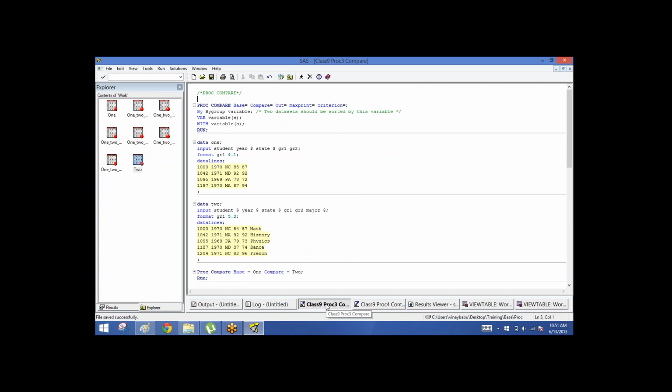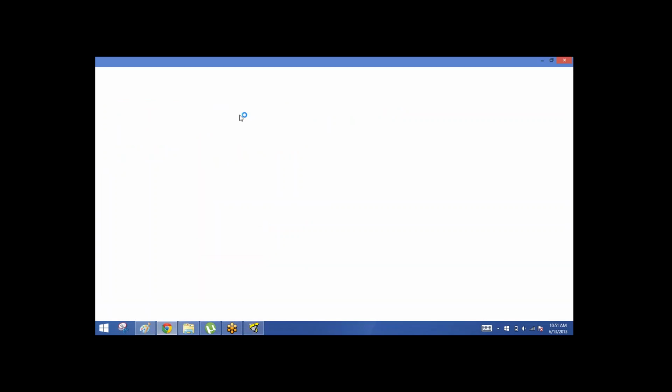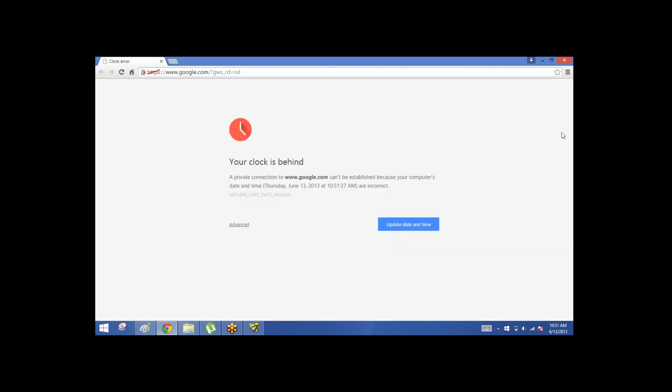Guys, don't think that what I am saying in the class is enough for you, or that it is all there is with any procedure I'm explaining. For any procedure, there will be a lot of options. Each and every option cannot be explained in the class. So once the class is completed, you can go with the Little SAS book, or if you go to Google, let's say if I want to work on proc compare, my date is